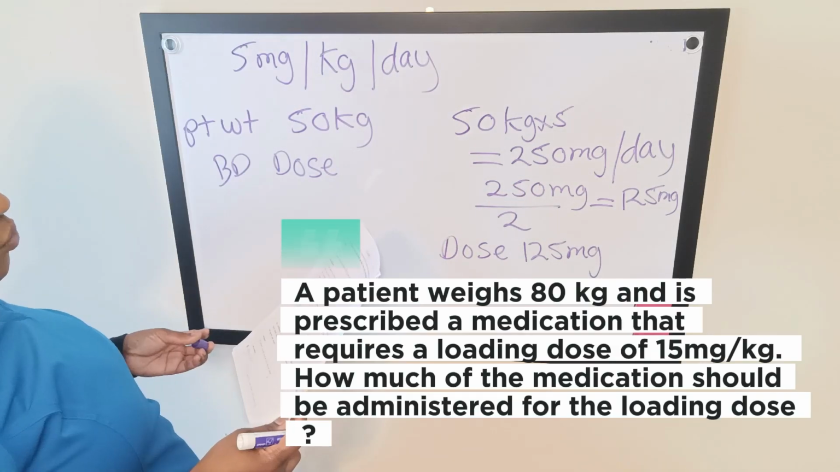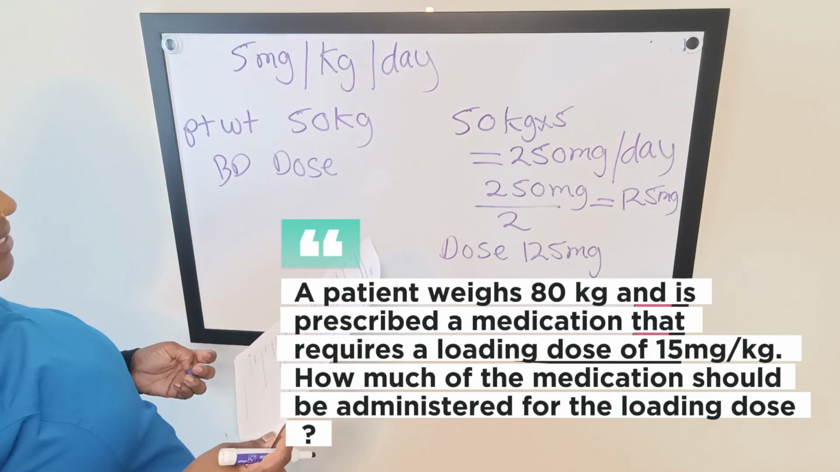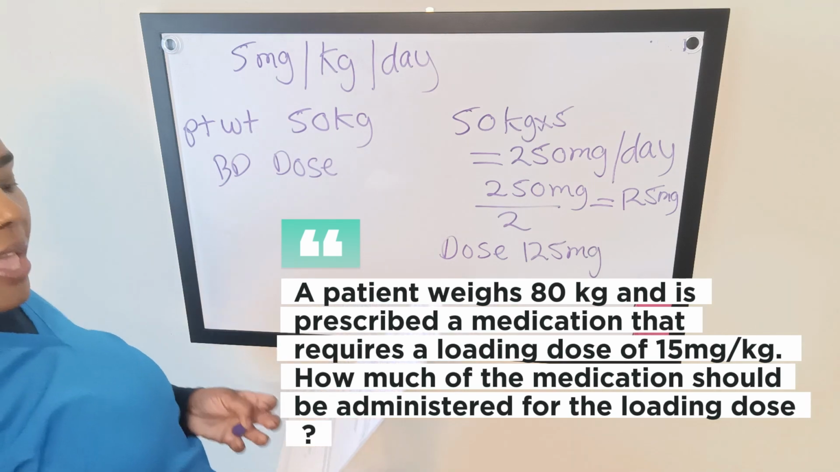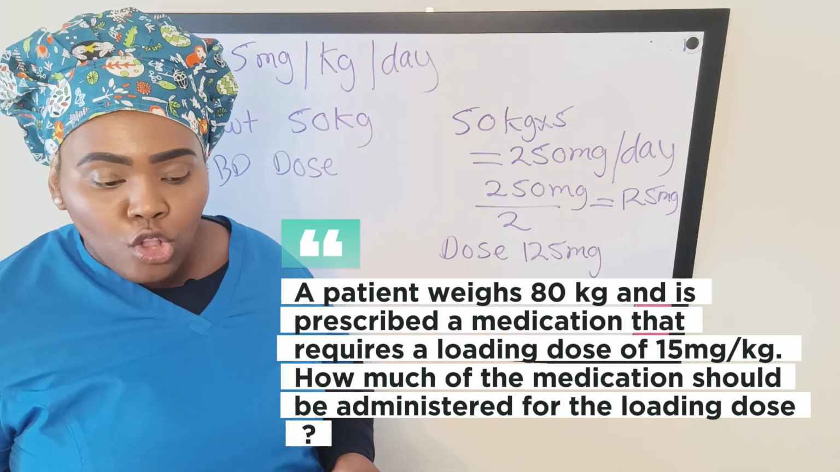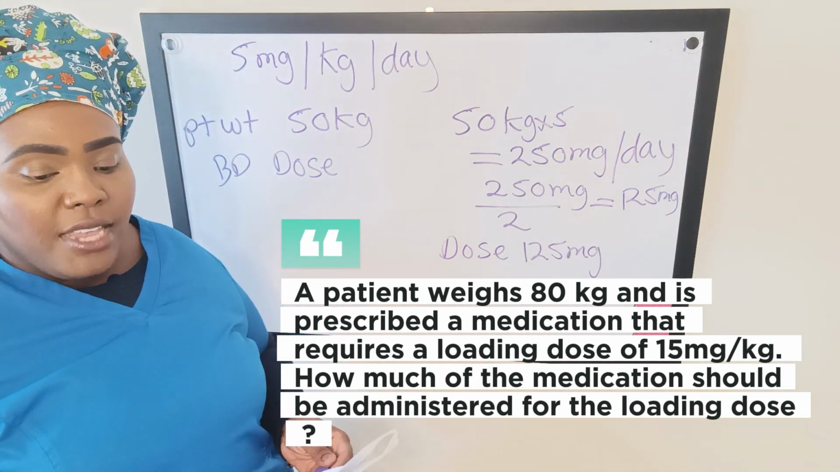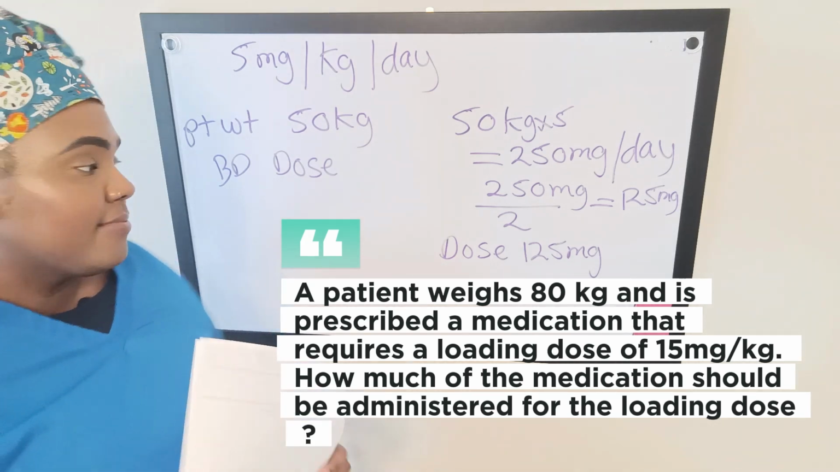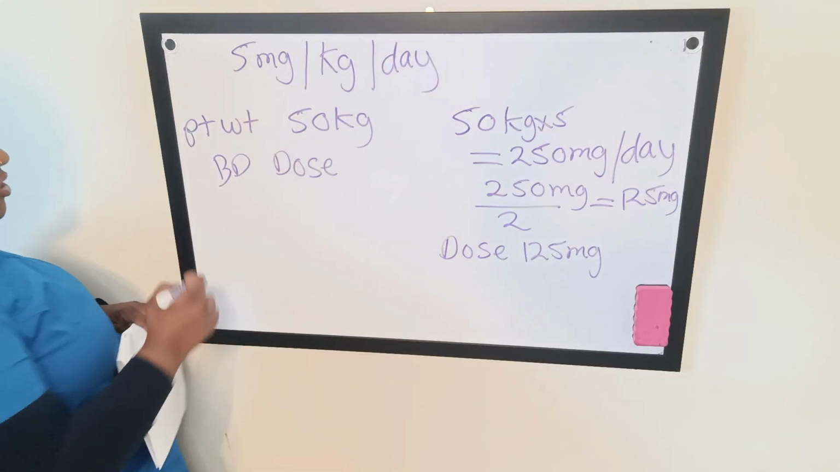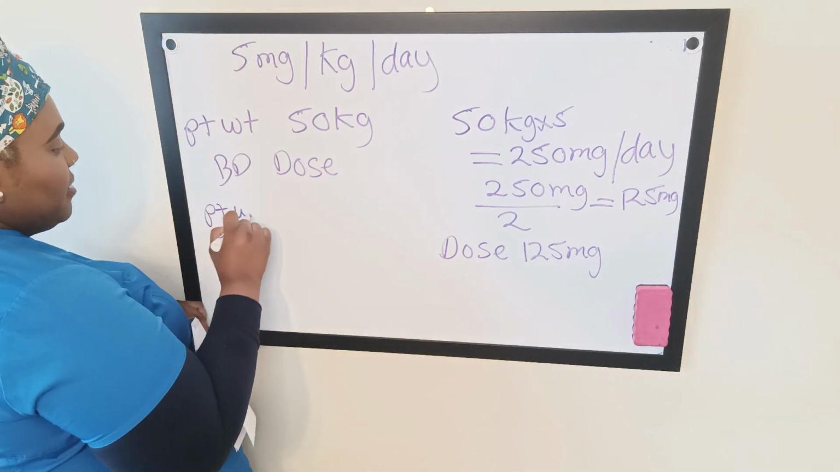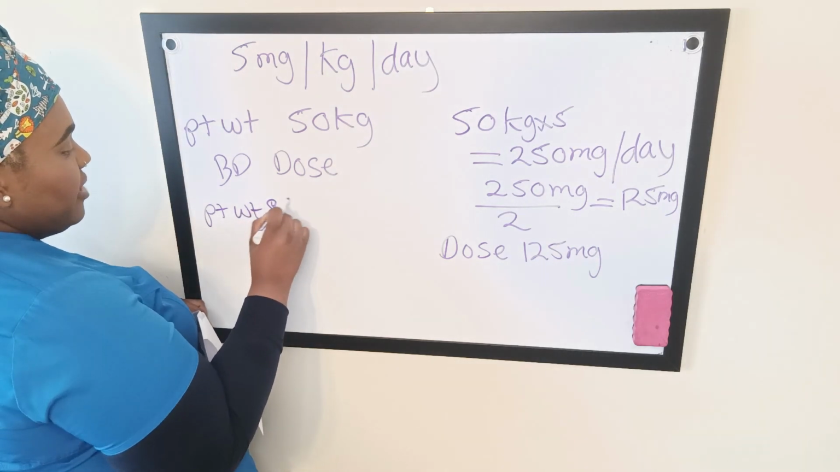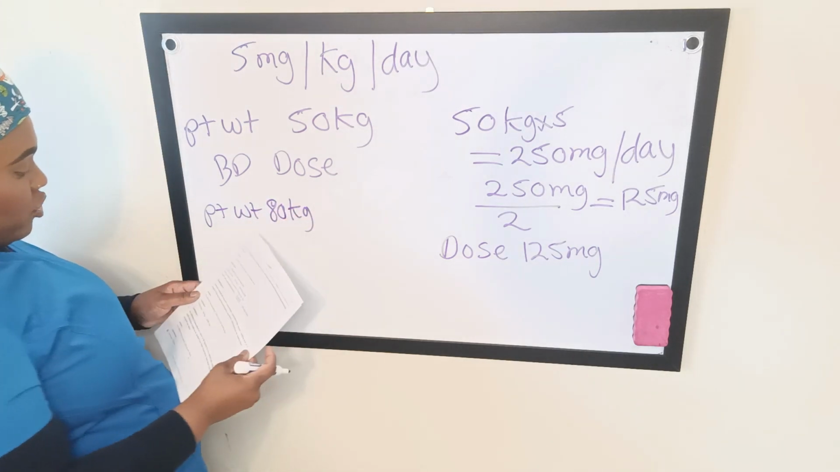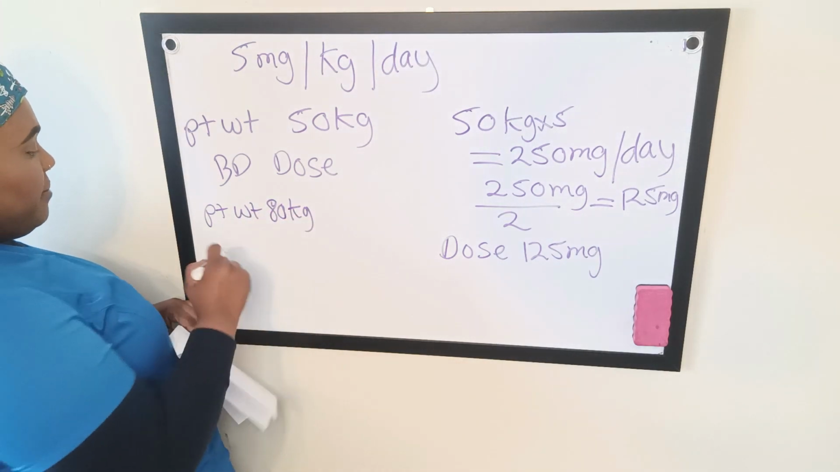All right. So we have a patient that weighs 80 kgs and is prescribed a medication that requires a loading dose of 15 milligrams per kg. So what is our patient's weight? Our patient's weight is 80 kgs. What is the dosage we have? 15 milligrams